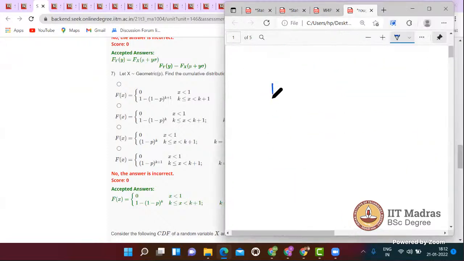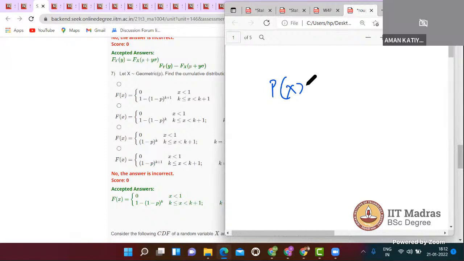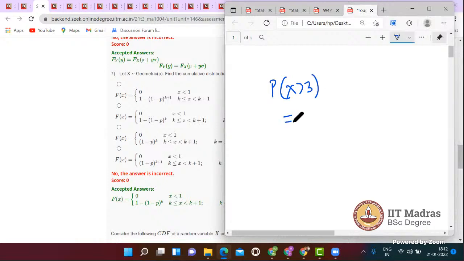Geometric is generally like the probability of x greater than some value. An example you can think of in geometric is throwing a dice: after how many throws will you get a six? After three throws, what is the probability that you'll get it after the third term? So for x greater than 3, how do we generally calculate it? First, if you are not getting